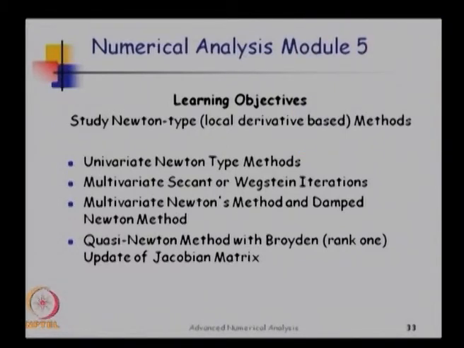The problem with Newton method is that you have to compute the derivative matrix, the Jacobian matrix. If there are n equations and n variables, every iteration you have to compute an n cross n matrix, and this can be numerically quite complex if you have thousands of equations. These quasi Newton methods allow you to do an approximate update of the Jacobian. So they construct a new Jacobian using the old Jacobian, and this way they save computations. So we are going to have a brief introduction to these quasi-Newton methods.